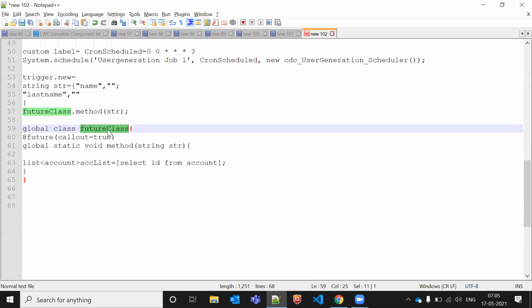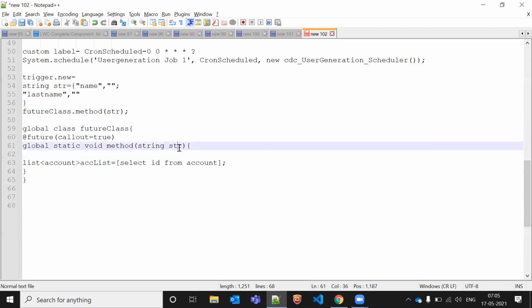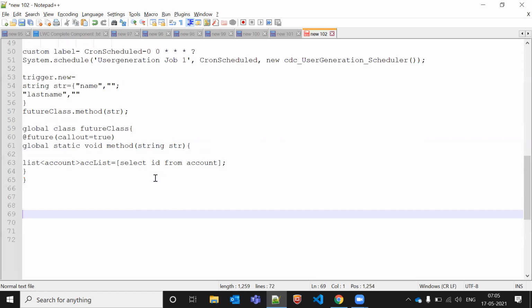What are the limitations, if someone asks you why we can't use sObjects as a parameter? The reason is, let's say you are passing an account object as a parameter, and that account object data changes in the middle.